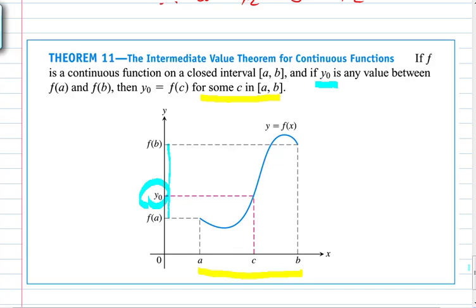What does that mean? When you have a continuous function, and this is a big deal, if f is continuous on this interval, what that means is if there's a value between f of a and f of b for any continuous function, there has to be a value between a and b so that f of that value is going to be equal to that value between f of a and f of b. Okay? F of c is going to be y naught. There has to be some c in between here so that that's true. Okay, that wraps up section